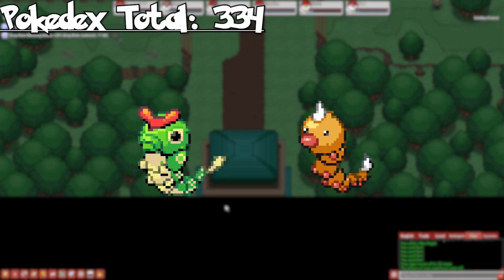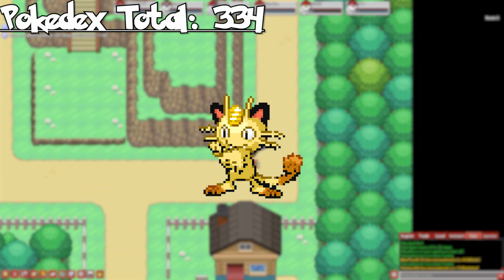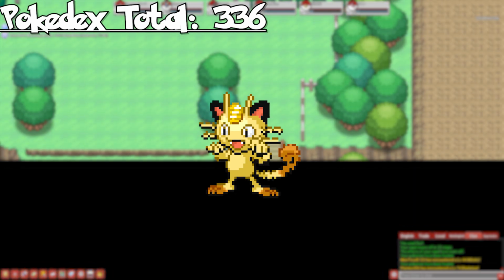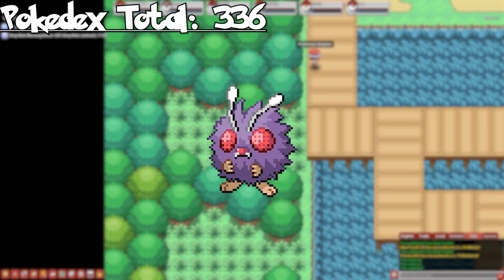Also, if you're confused about why the number is going up more than it should, it's because I'll be adding more to the total to account for their evolutions. Meowth was removed from Treasure Beach, but you can easily find it on Route 5. Venonat was removed from Route 43, but you can go catch it earlier on various Kanto routes, such as Route